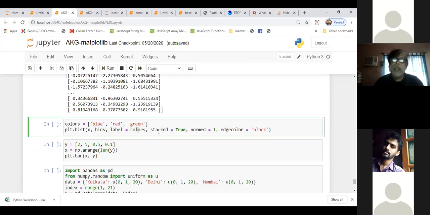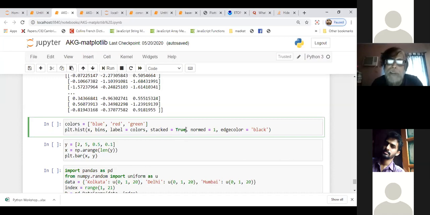Stacked is a special kind of attribute I can use inside this hist function. Stacked is another keyword with which we can stack the graph, one by one on top of the other. I write capital TRUE.